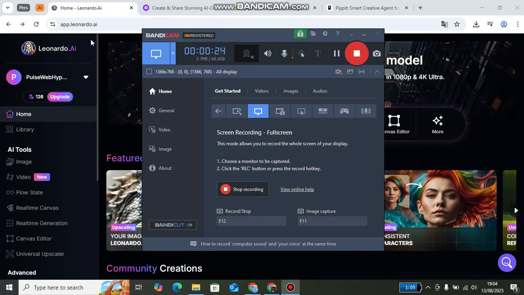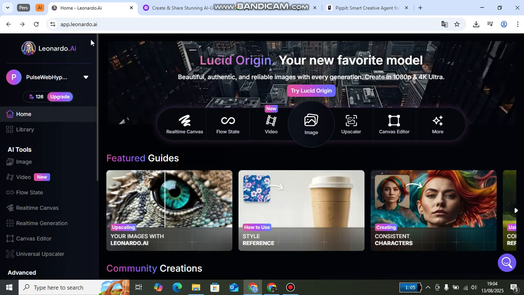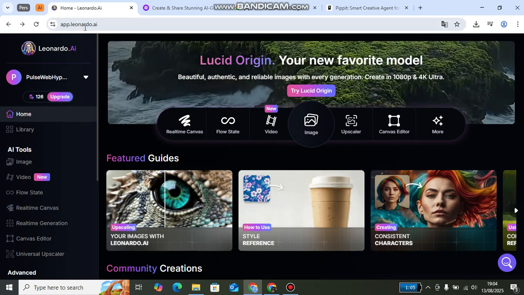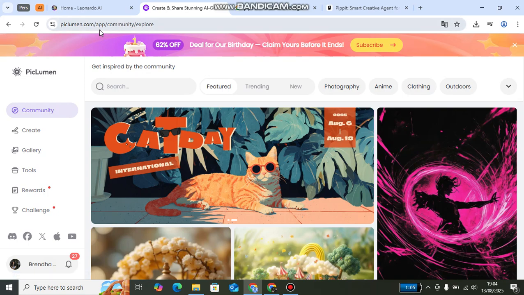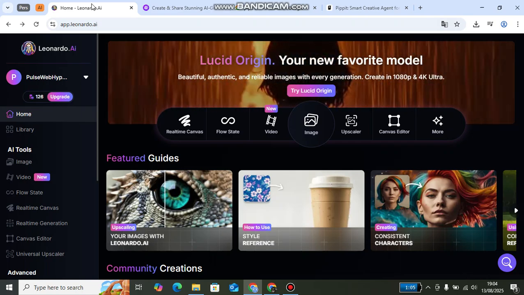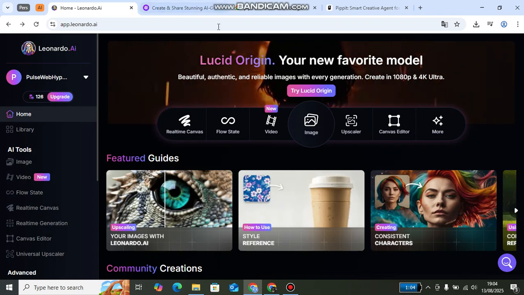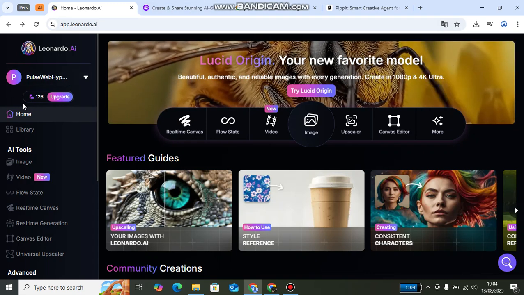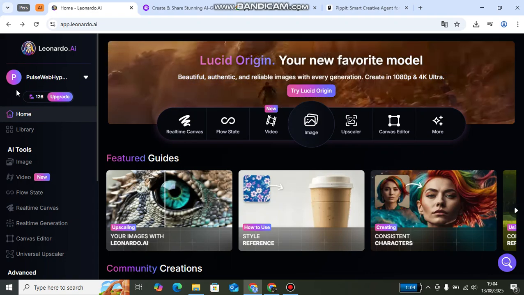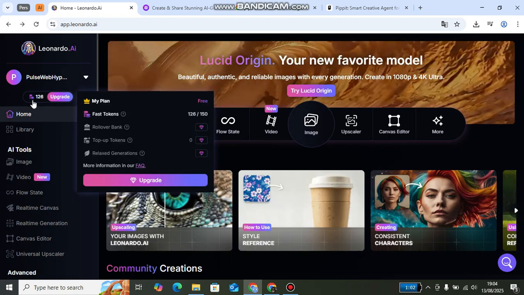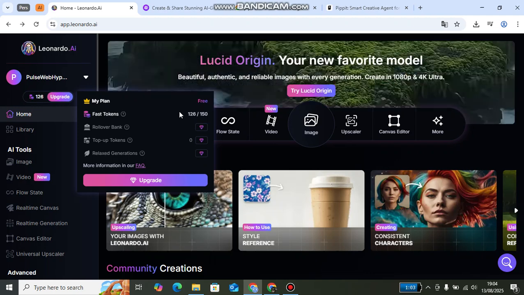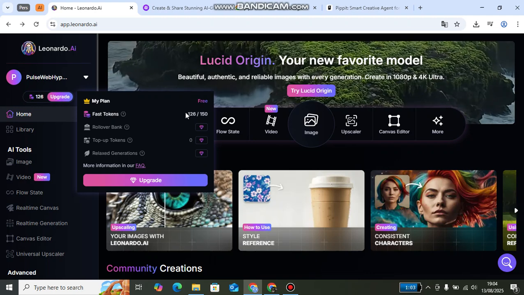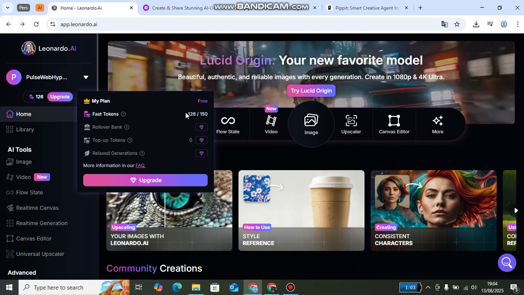So the first step you can do is create the avatar first, and here I will recommend you to try Leonardo.ai or Pixellumen.com, because they give you the chance to create the avatar for free. For example, Leonardo will give new users 150 credits, but since I have done generations before, the credits left are here,